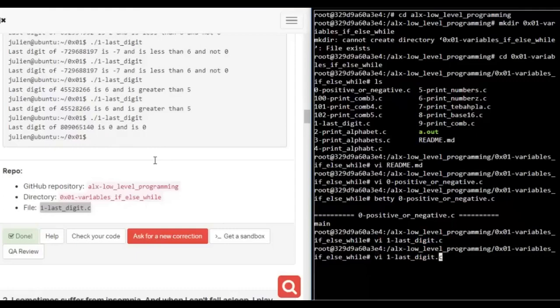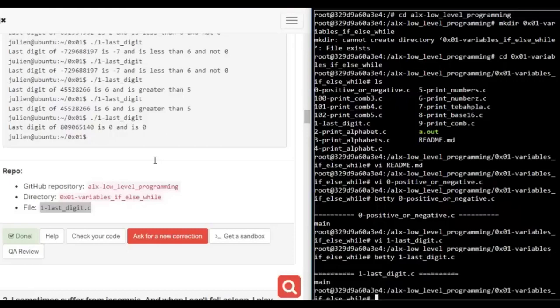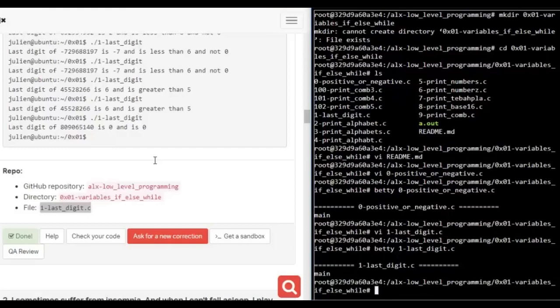At this point now, remember you can run your Betty to see if you made a mistake in the instruction. So once you run it, you change that and put Betty and the file name, and it's good to go. That means everything is intact. So at this point, you can now do your git add space dot, hit enter,